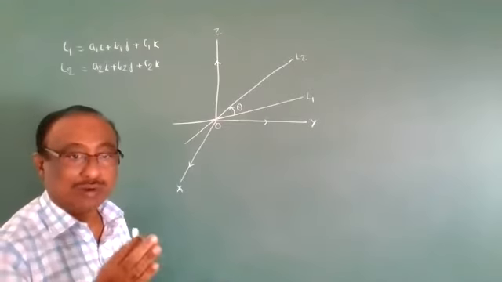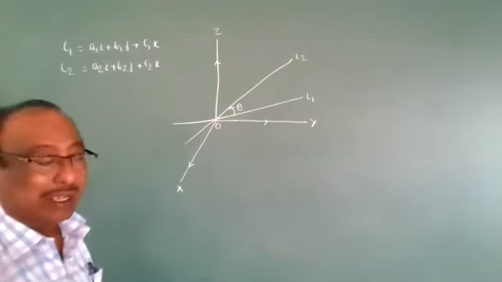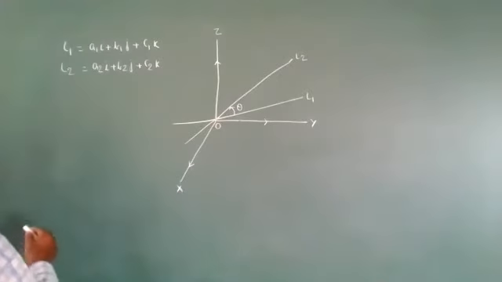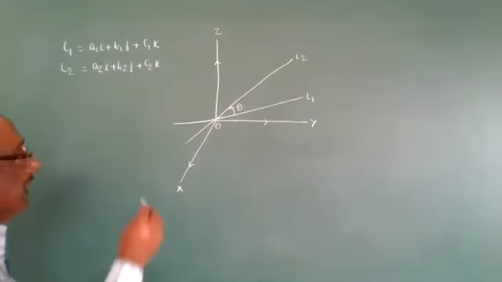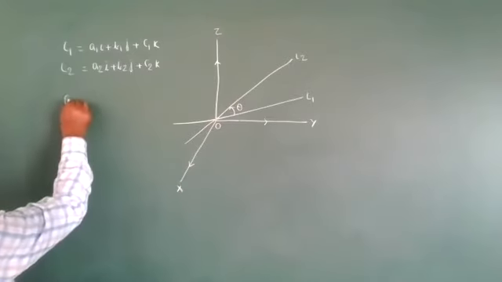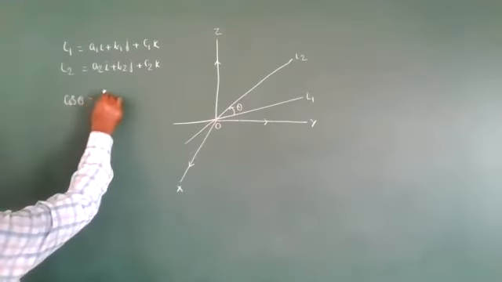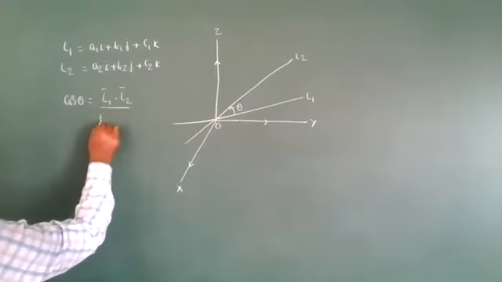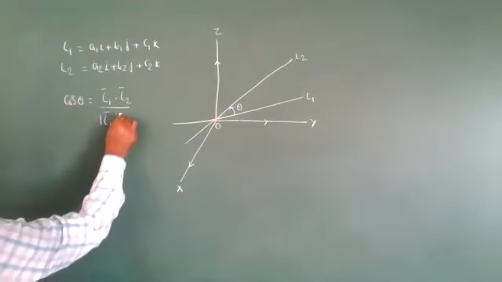Then we are going to find the angle between the two lines. Therefore, what is the formula? The formula is cos theta is equal to L1 bar dot L2 bar